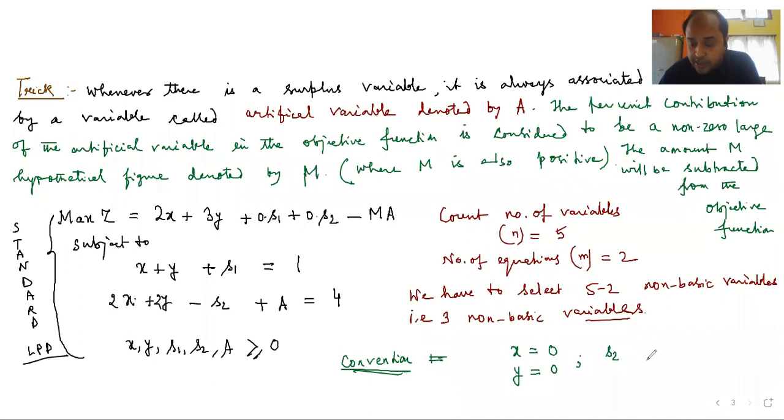Take S2, that surplus variable, and make it 0, because the surplus variable created the problem. So first you start with a non-original variable, and then you select the surplus variable. If I do this convention, if I make this trick, then from this we are going to get,